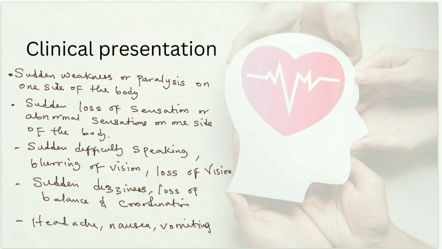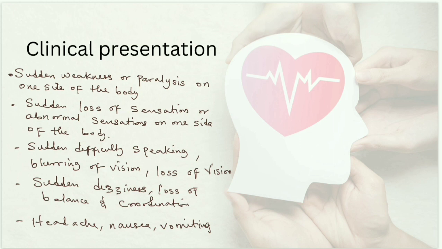Clinical presentation of stroke. Different regions in the brain subserve different functions. We have the area controlling speech, the movement of the arm, the movement of the legs, even coordination, posture, and balance. Different areas subserve different functions, even the movement of the face, swallowing, etc. Whatever you think of. Now, imagine the blood supply to a particular area is affected. It's going to translate into weakness or paralysis of that particular site.